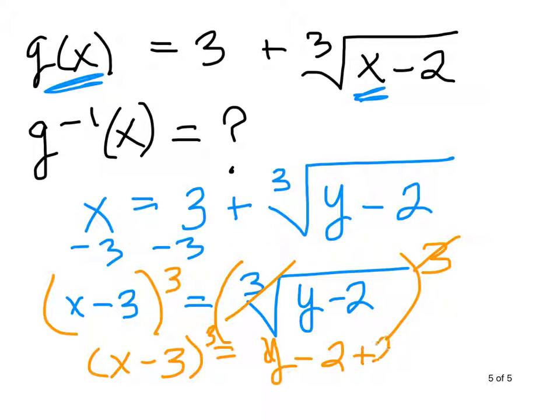And then we'll add 2 to both sides. So that our final answer is, that canceled, so we get y is equal to x minus 3 cubed plus